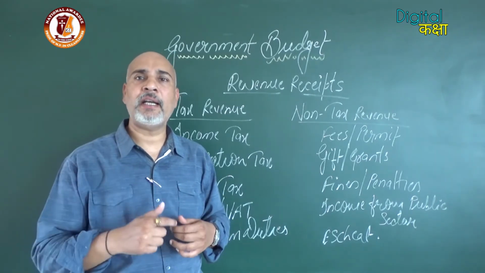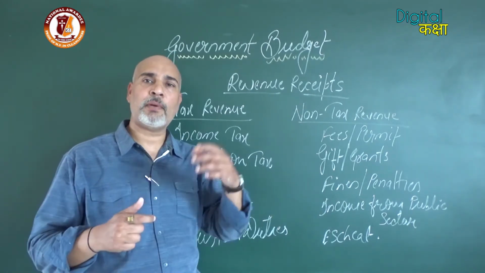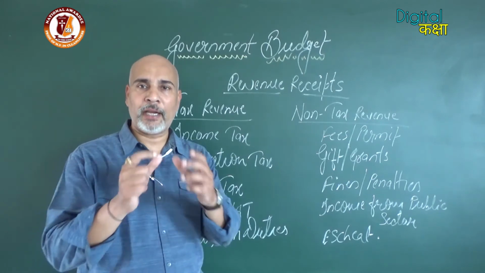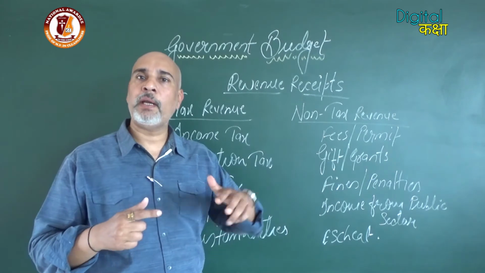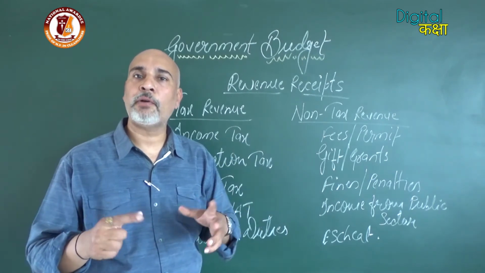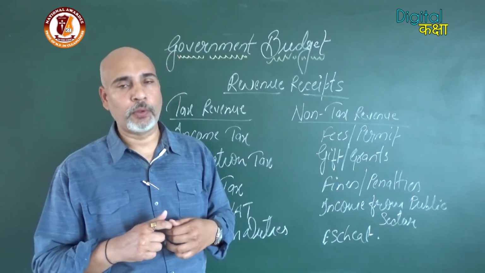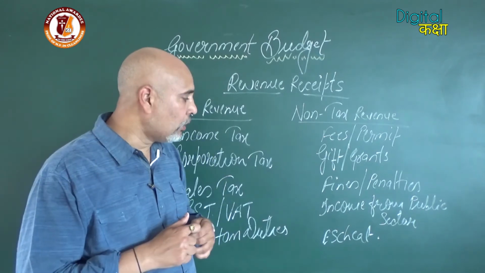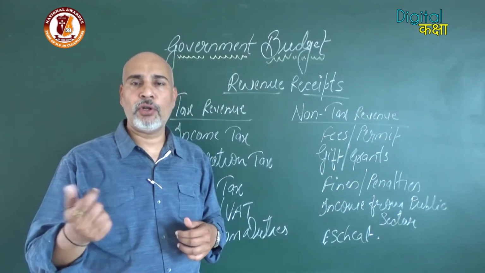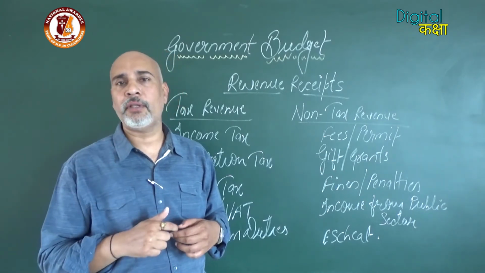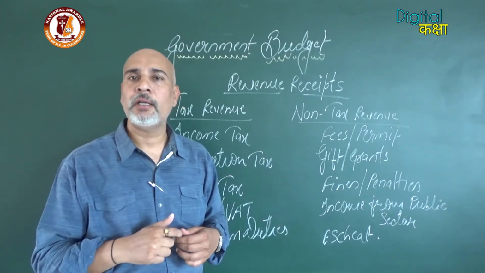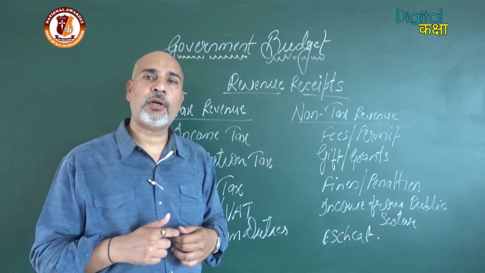It normally happens in indirect taxes, like when we purchase an article. Suppose you purchase one packet of an article, you will have to pay a certain amount. If you purchase 2, you will have to pay double. If you purchase 3, you will have to pay 3 times more. Okay. The third one is regressive, which is normally not in practice. With the increase in income, the burden of the taxes reduces, but it is not in practice. But these are the 3 broad categories.